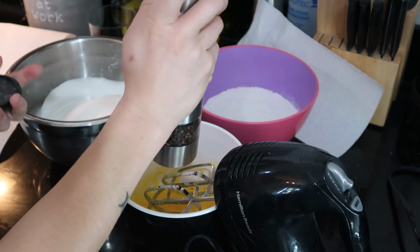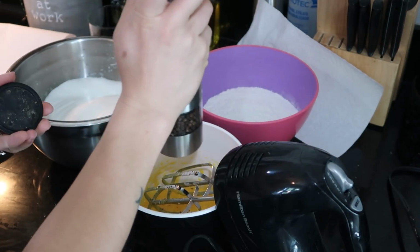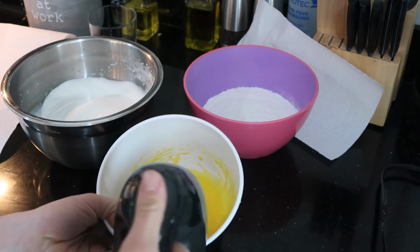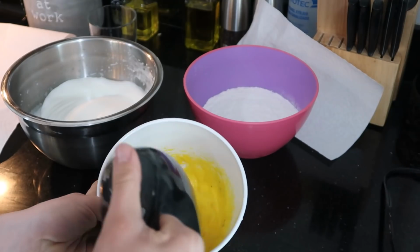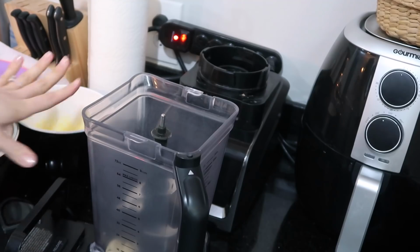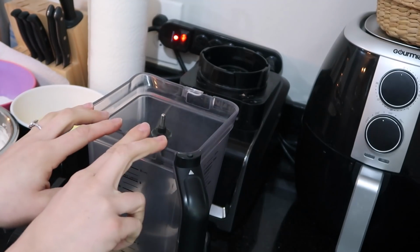And it's all up to taste. I'm honestly not adding that much. It's just enough for a little bit of flavor. Before I continue with folding in my egg yolk into my egg white, I want to prepare the salsa so